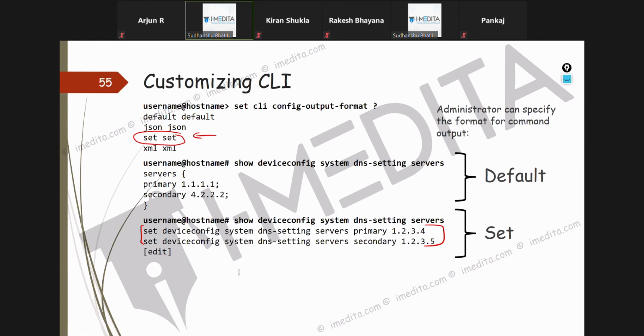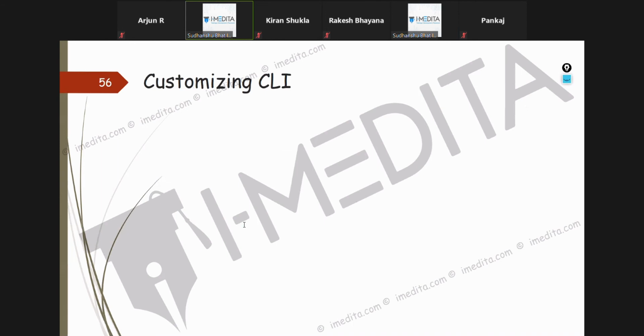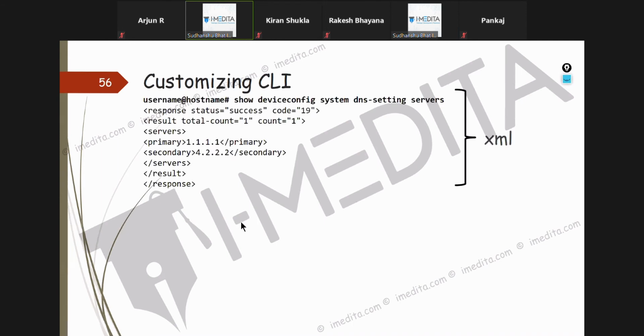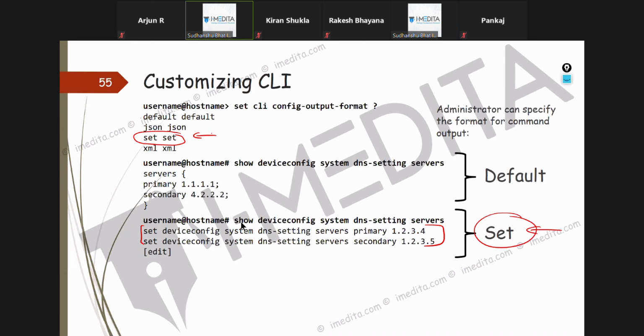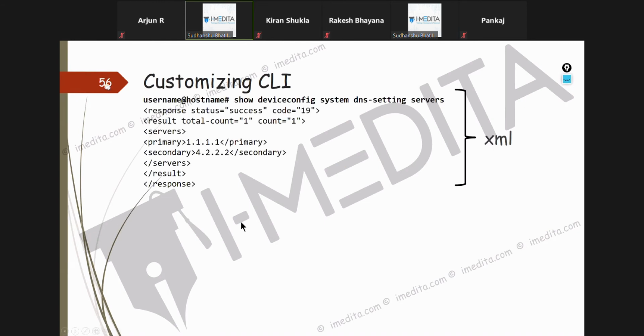If you want to take a configuration backup by copying everything, preferably set is a better option, for saving it in a text file. Now, if the same command is used when you modify the configuration output format to XML, the same command is going to show you the output like this.